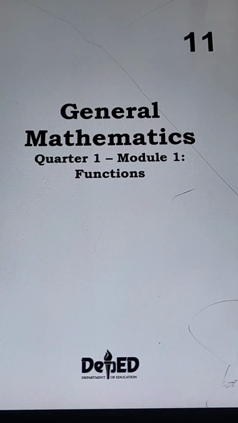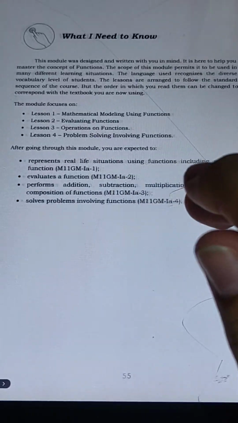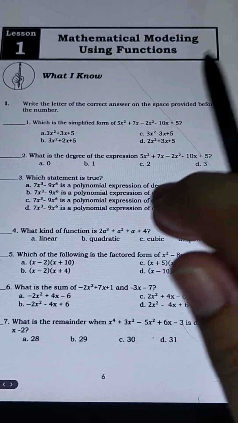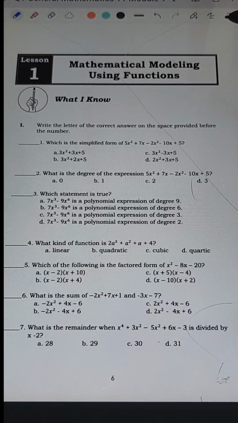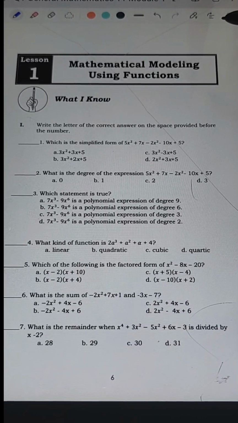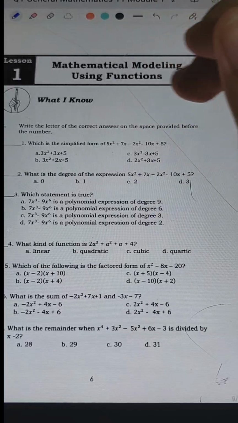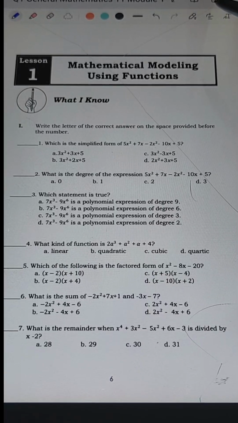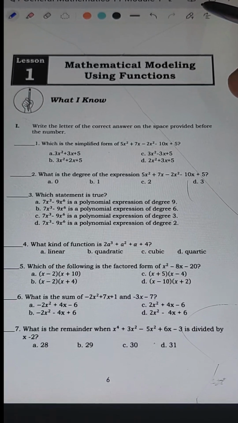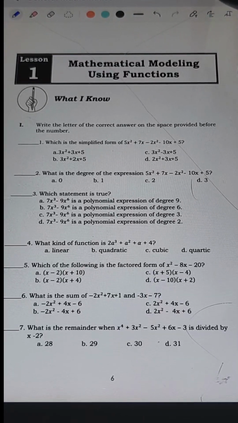So in the first part of the module, we have to answer the portion. So let's start to answer. The module is called self-learning modules, meaning to say all of the answers can be found at the last portion of the module. However, the solution is not indicated. So that will be the time students have to learn the process even though they already know the answer. So let's start with number 1.